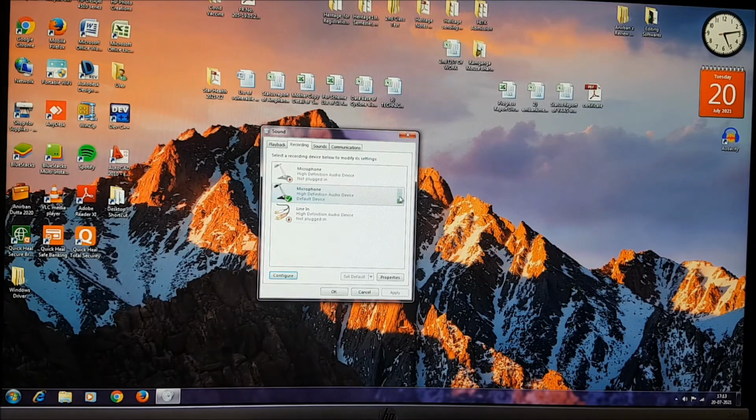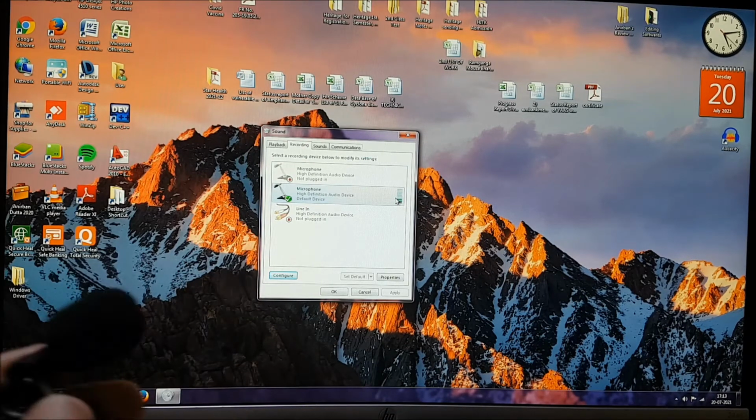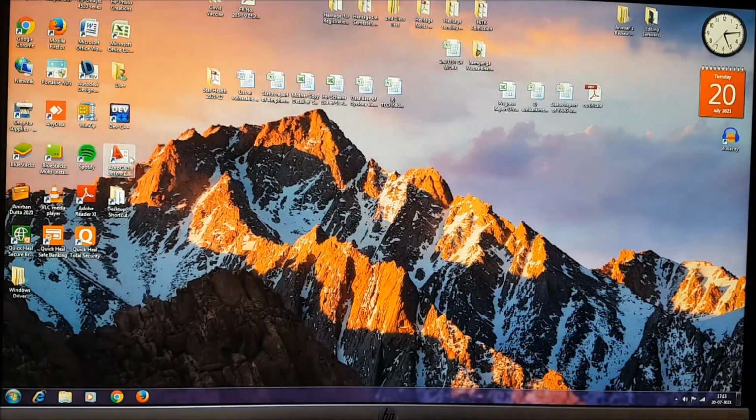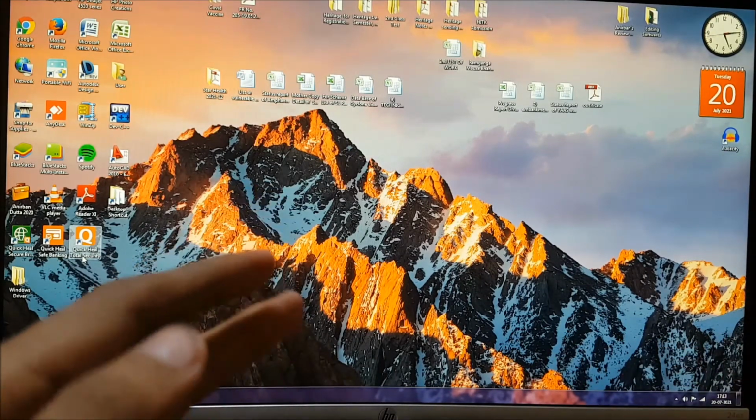As you can see, this one is already set up, and so it is showing these levels and all that. It is going up and down, which shows that it is receiving my voice which I am speaking now, as you can see. And this is the way that you can turn on the microphone option that is there in your desktop itself. And also, if that doesn't work for you, then one thing that you can do is that this is a separate process which I am telling you.